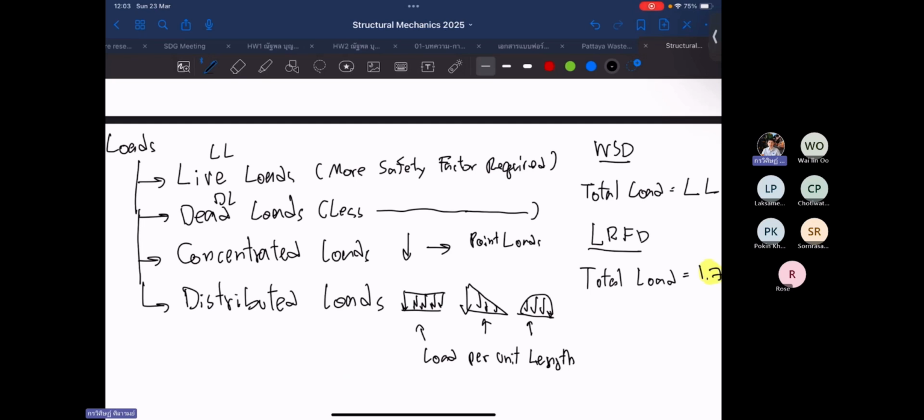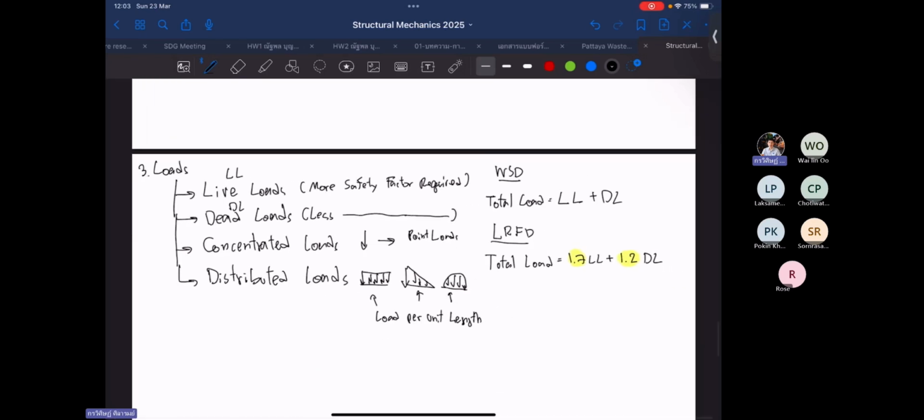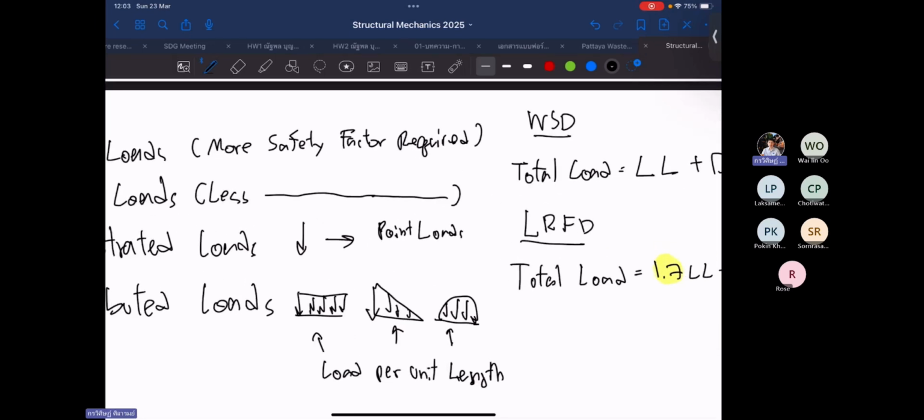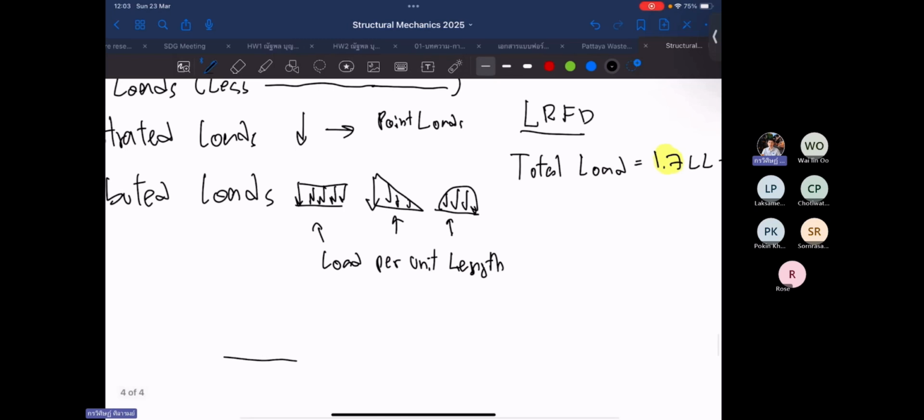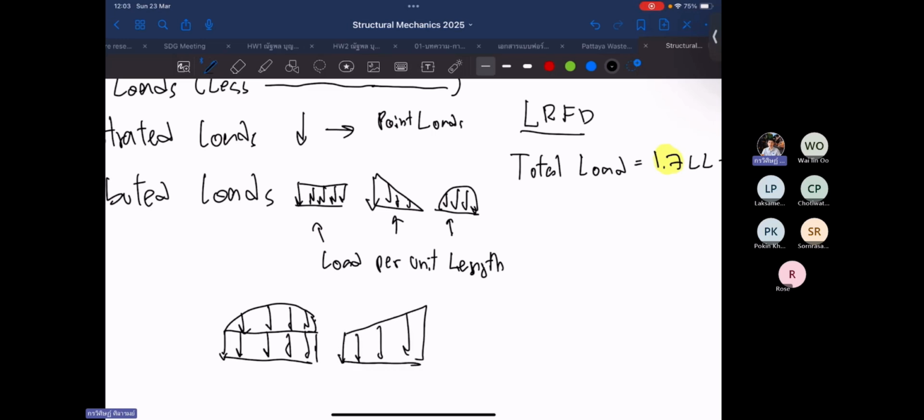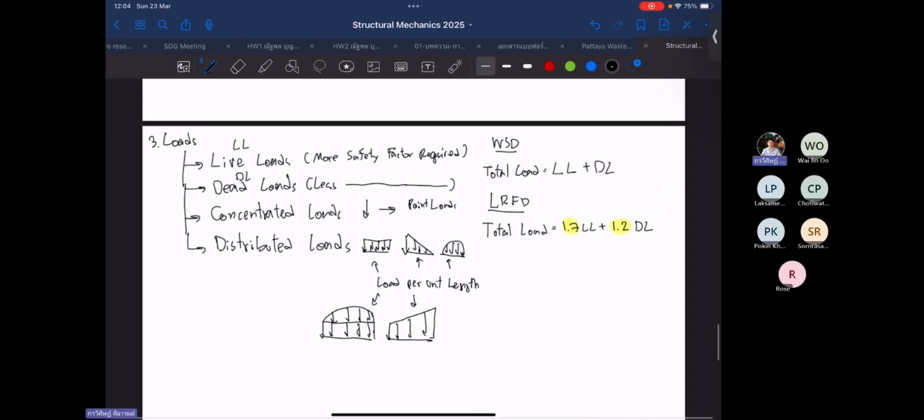And it can be in various forms, but it has to be per unit length with fixed shapes: rectangle, triangle, circular, or a combined shape, like this rectangle plus circular part. It can be a trapezoid shape like this also. But it has to be load per unit length. Please refer to the class material I gave to you.